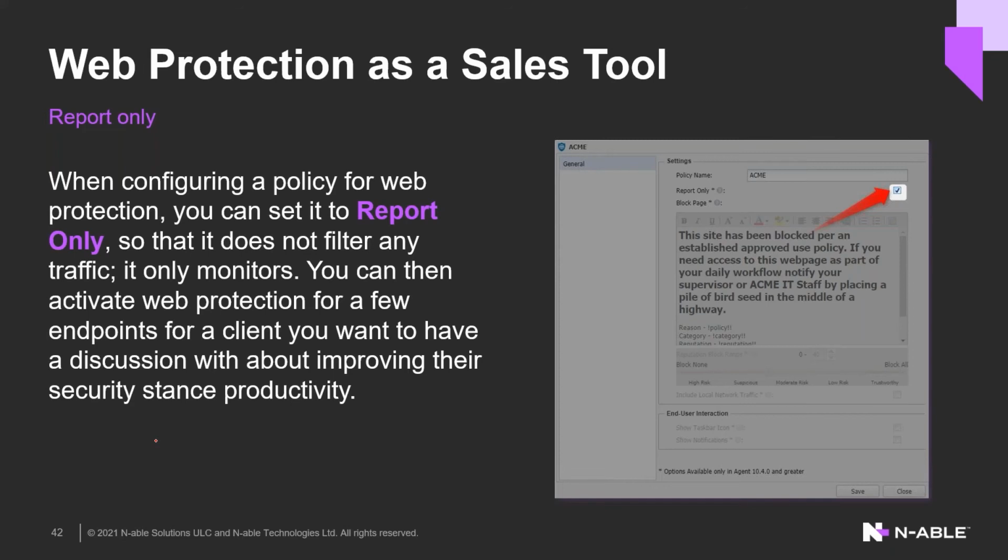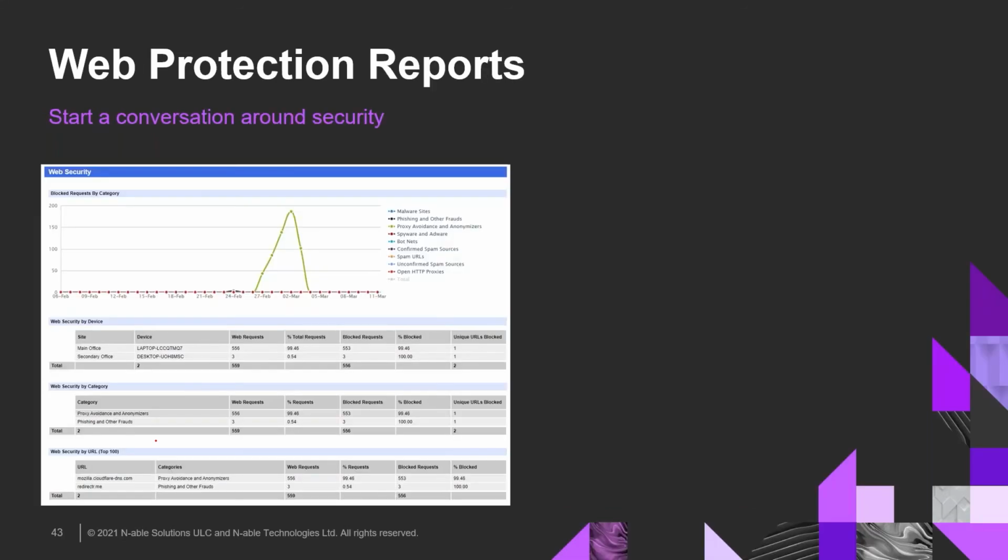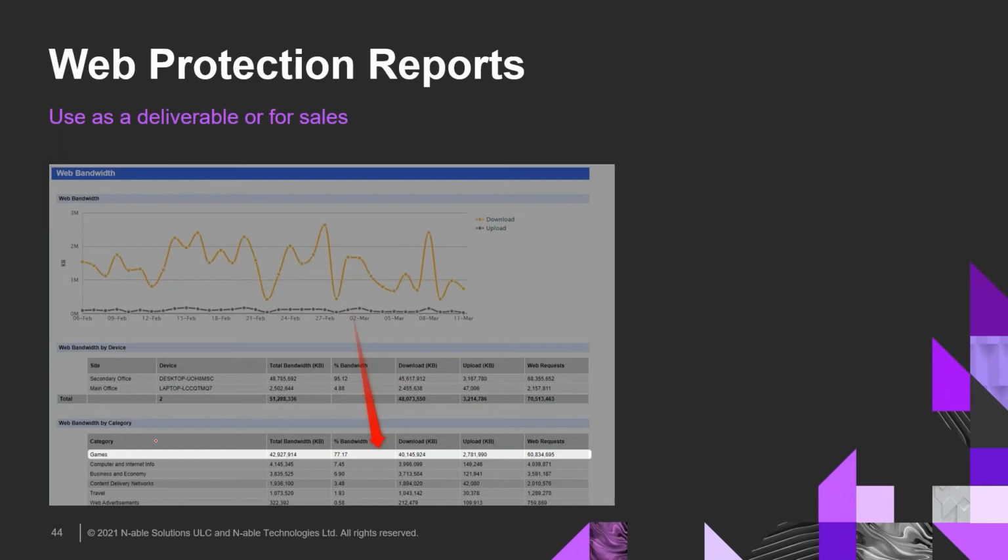You do that for a month, for 3 weeks a month, you capture all this data, then you can go to your customers and show them a report. It's like, hey, your web bandwidth has been consumed dramatically by games. So your users are playing games on your computer during the day. They're using the machines for travel, for entertainment, for whatever, this and that. The system will collect all this data for devices you chose,